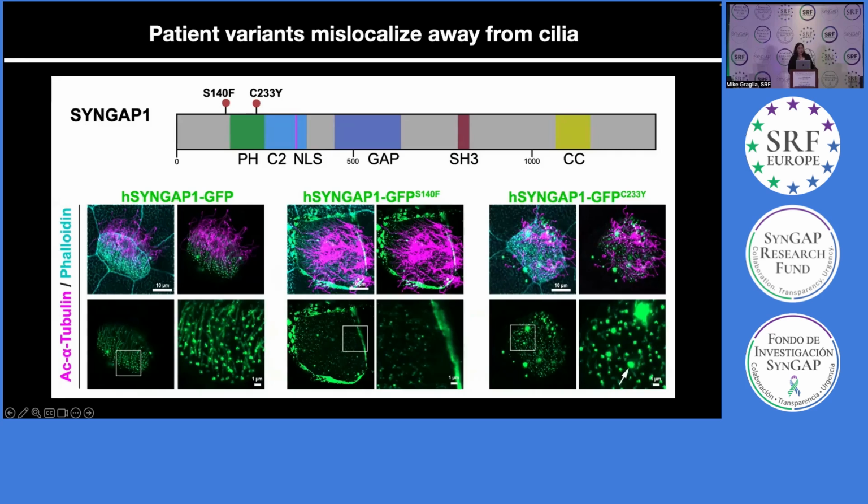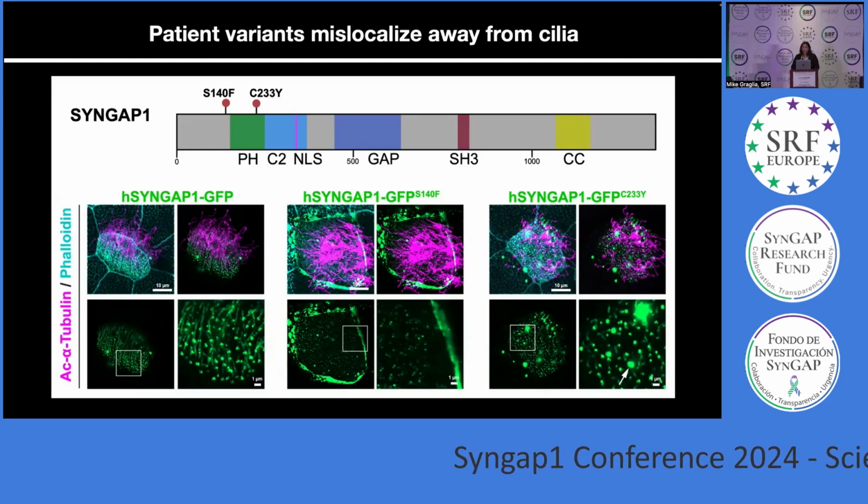And so SYNGAP1 protein is thought to trimerize through this coiled-coil domain. So it's very possible that these variants of SYNGAP1 are bringing or sequestering the wild-type SYNGAP1 to a different location. So for example, if you have 3 copies of SYNGAP1 and 2 of those are variant, the question is, can the 2 variant copies bring the wild-type SYNGAP1 to the wrong location?